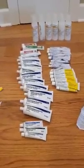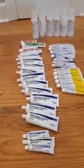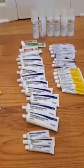We're cleaning out our medicine cabinet of all the topical steroids that were prescribed to my son over the last year and a half or so. And I wanted to share 3 important things that we have learned the hard way. Number 1, potency. When we were first prescribed these tubes, I didn't know the difference between them sitting in front